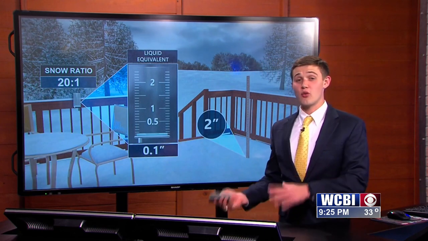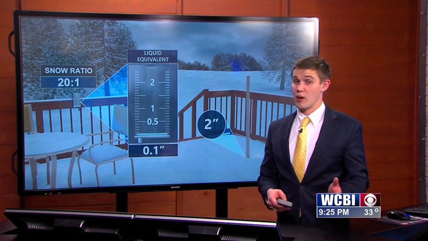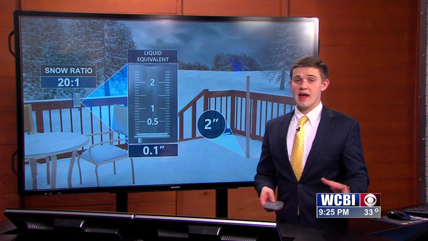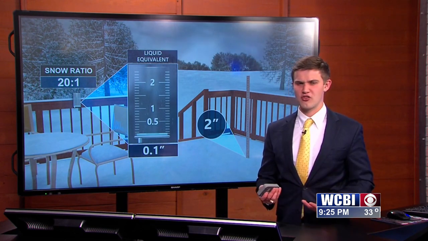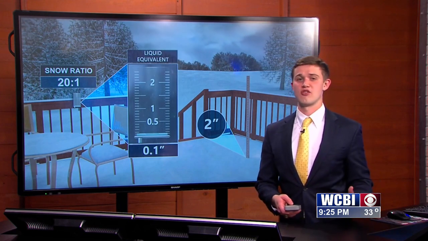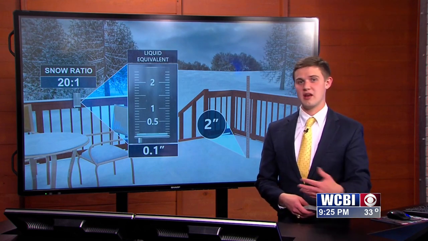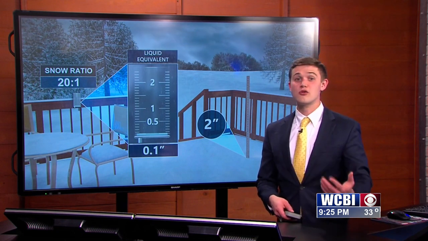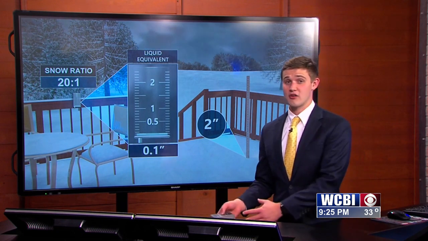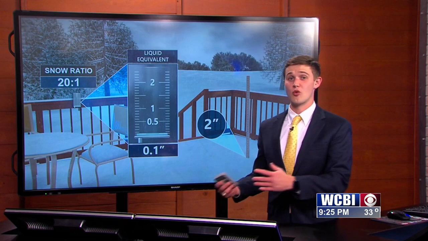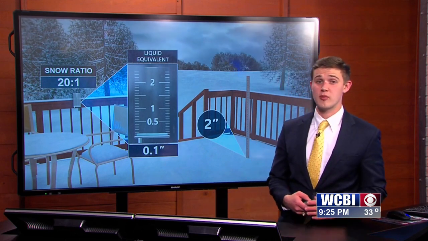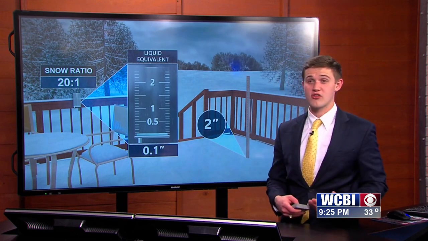And if you have a 20-to-1, for example, this is what I'm talking about. Your ratios can be different. If you have drier snow, you'll have these higher snow ratios. So if you go to places such as Montana, Colorado, Utah, places like that tend to have drier snow. There's not as much moisture there. We tend to have more wet snow in places like Mississippi, but places where you get a 20-to-1 snow ratio,